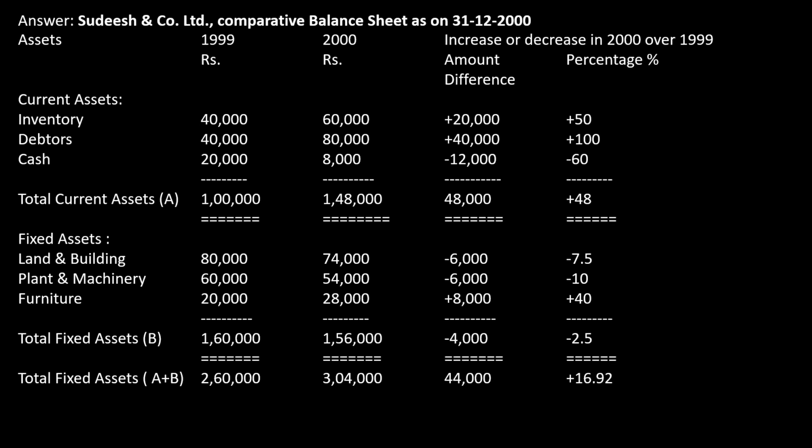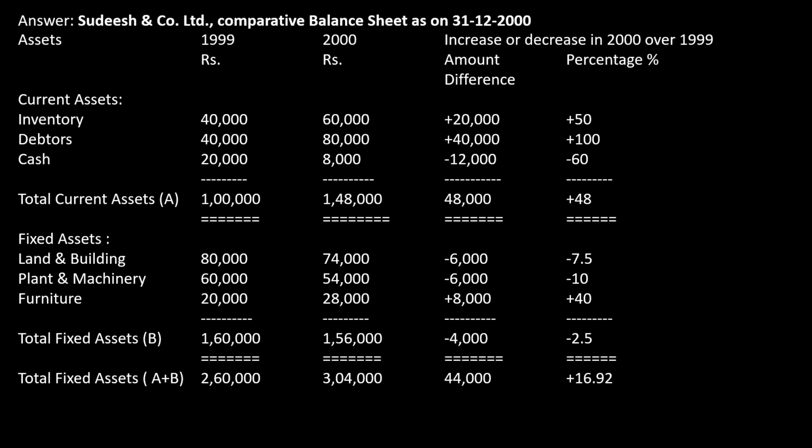Then cash, as you did earlier. Last year my cash balance was 20,000. This year my cash balance is 8,000. It's gone down. Since it is going down or reducing, you get the difference again and write a minus symbol before that. Then again, as you did earlier, 12,000 by 20,000 into 100. How much is it? It is 60%. And even in the percentage column you write minus. With the decrease you write everything in minus, with a minus symbol before it. With the increase you write a plus symbol before it.